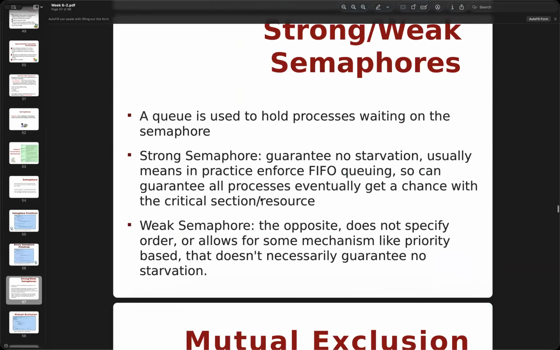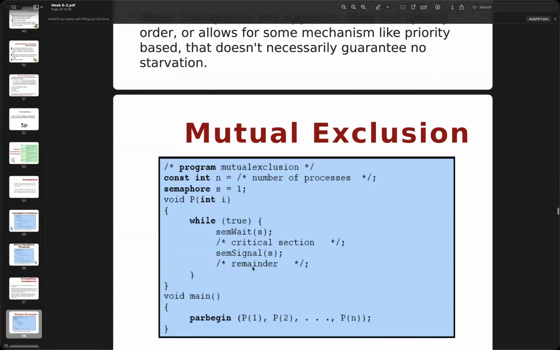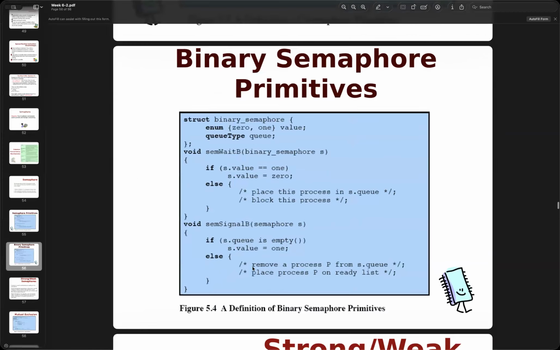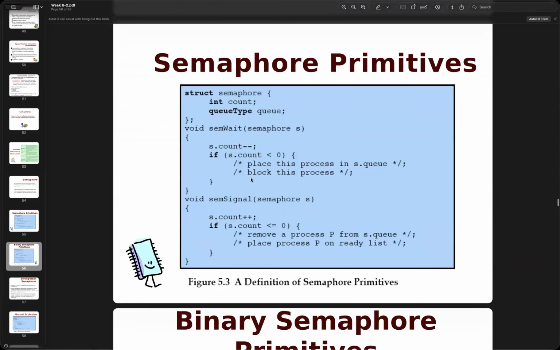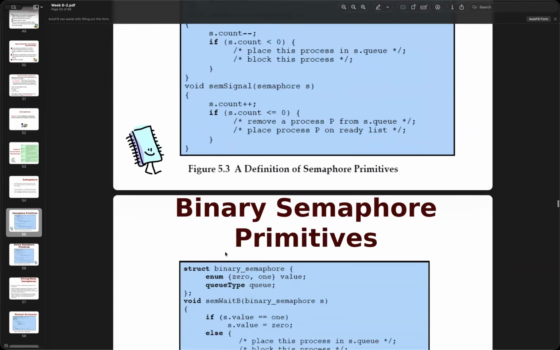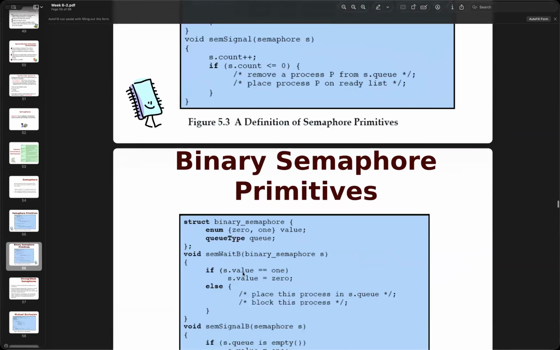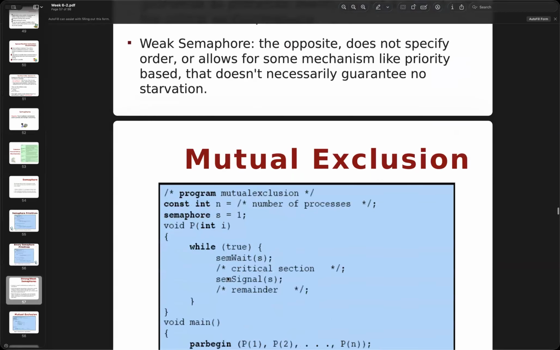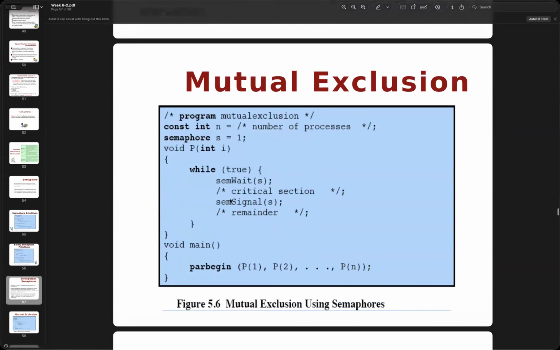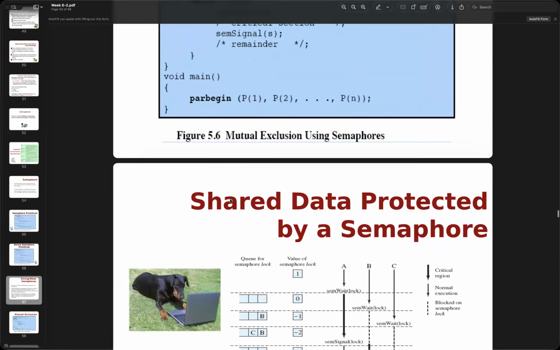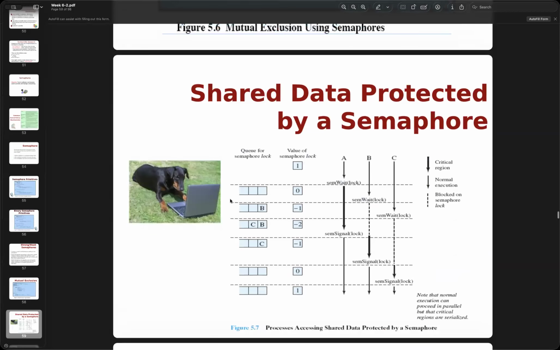If you see, when we implement it, there are different types of structures. This time we can clarify using the same wait, or the same way, is a binary one. In this example we use just a regular semaphore, a counting semaphore. I'm just giving you some examples here of shared data protected by a semaphore.